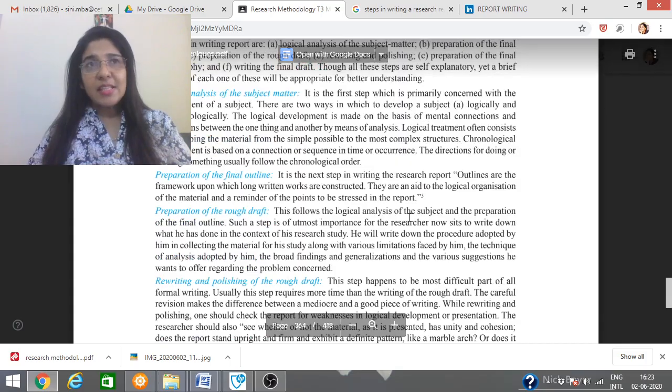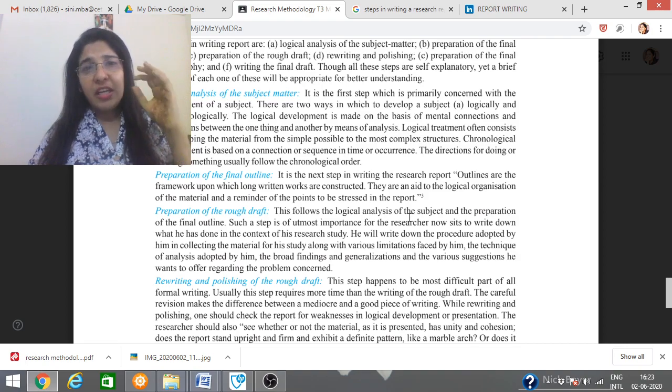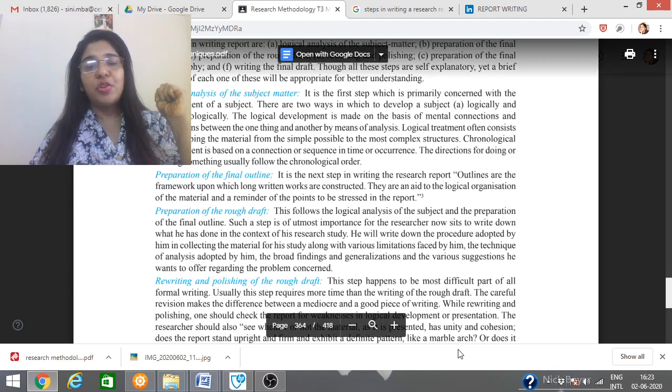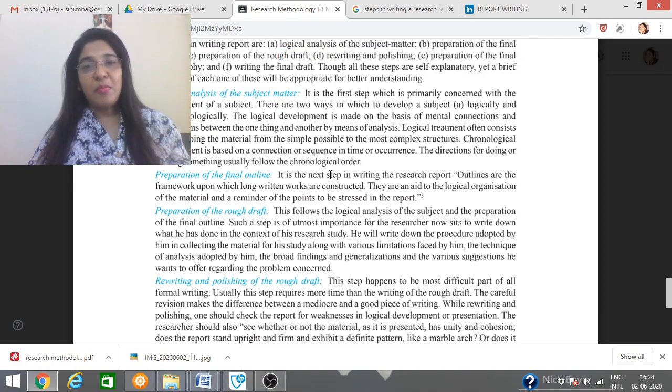Next, once there is a logical analysis, you have to prepare a final outline. Outlines are basically a framework which helps you to develop your report. That is, introduction: what are all the contents that come under introduction. The second outline will be research methodology: what type of research you are going to carry out. Then your research instrument designing, and your data.